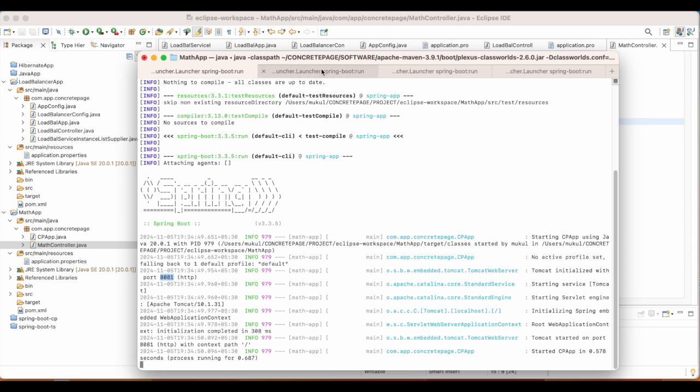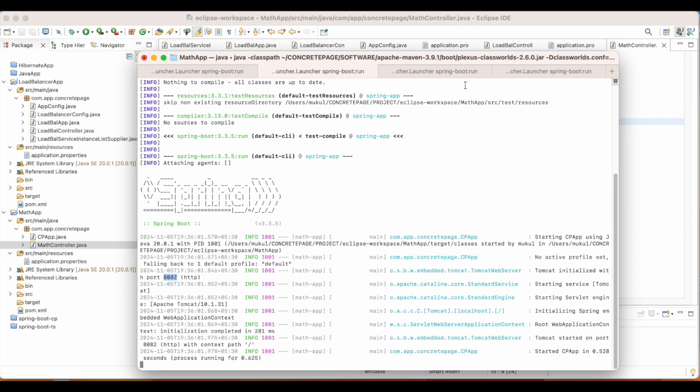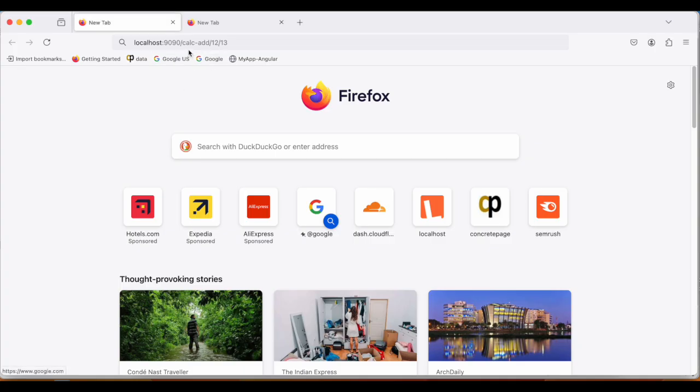In the same way we can see that log here and here if we access 3 times. Let's see the result. This is calc add, that is adding 12 and 13. This URL is on the 9090 port, so this will hit the load balancer app.